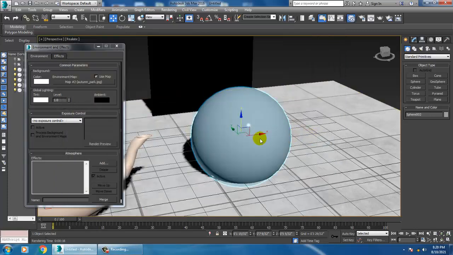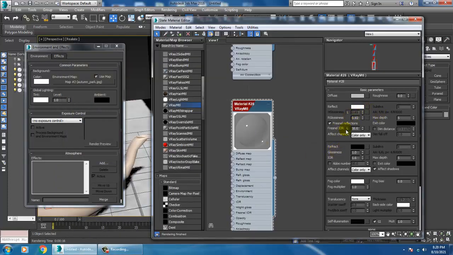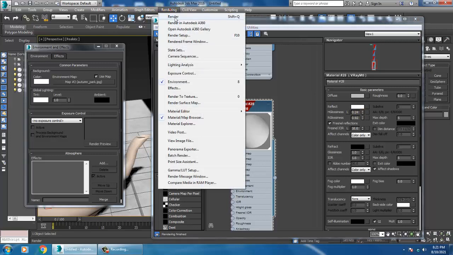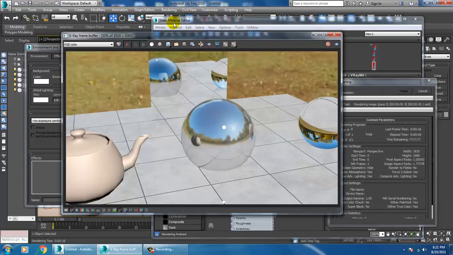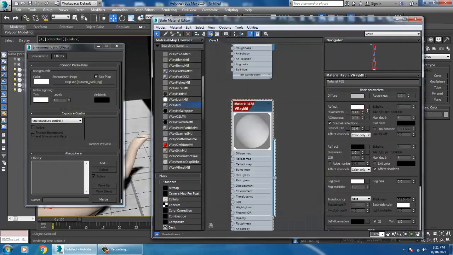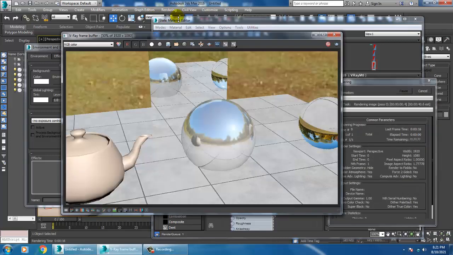Let's again go into material. If you increase this edge glossiness, it's going to make it more of a satin. See, giving you reflectivity. It depends on the light actually.